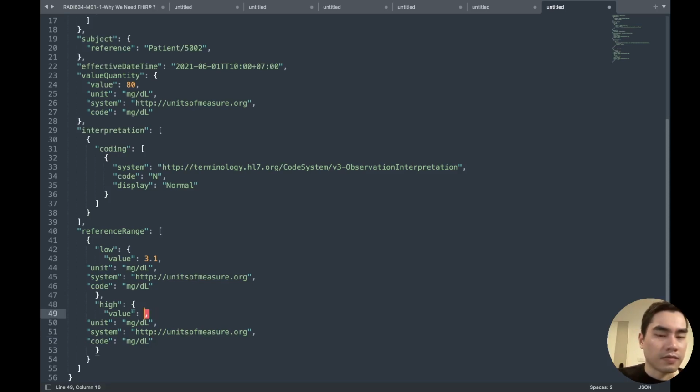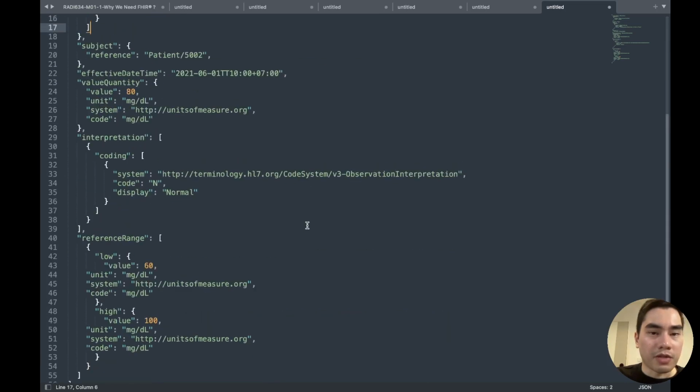So we have to check with the reference, or this data may be pulled from the HIS, from the EMR as well. So okay, this is just a number that I can remember. So okay, 100 for high, and low I think is 60, and 80 is normal. Okay, so now we have filled in every piece of information we need.